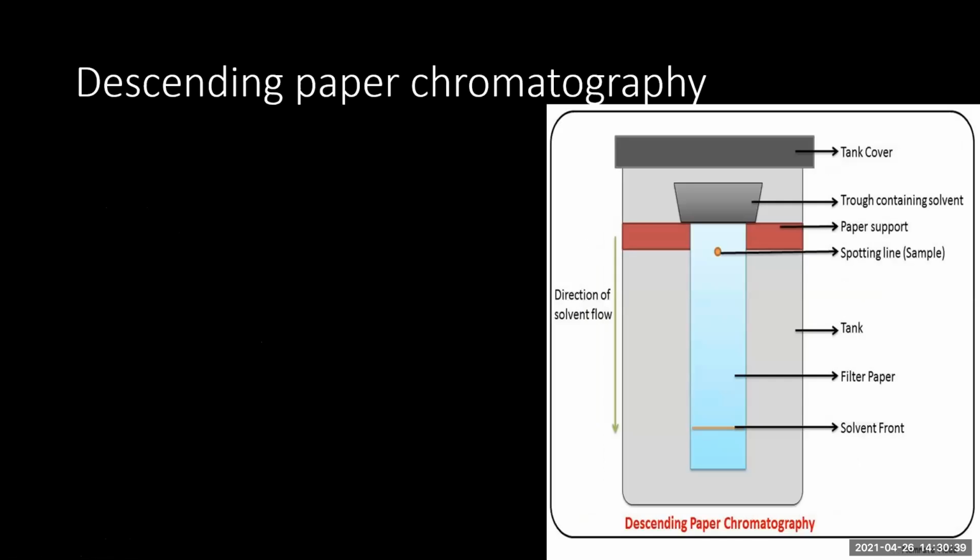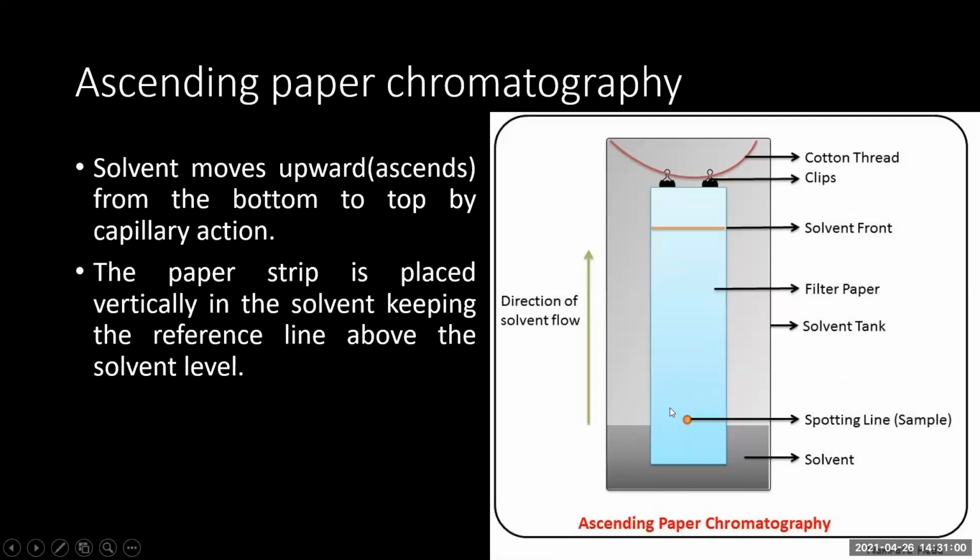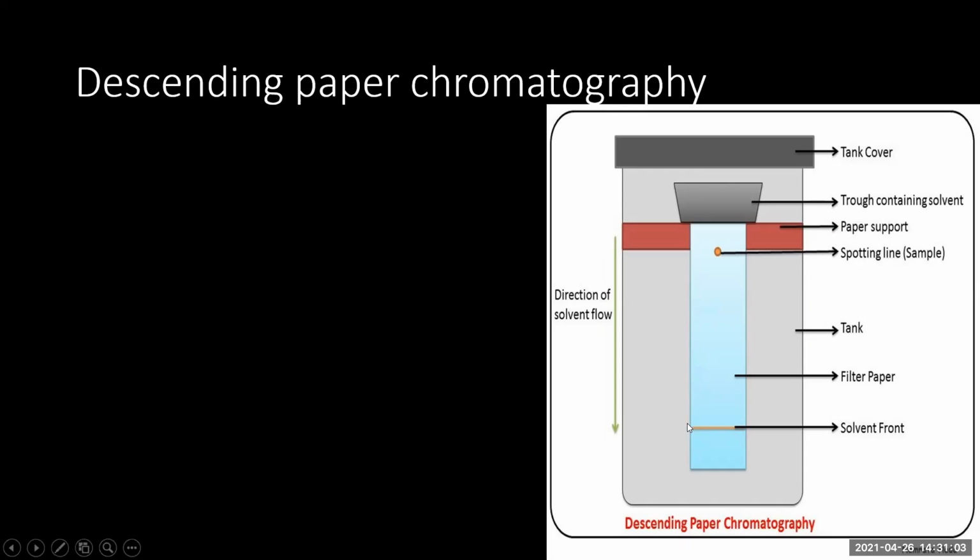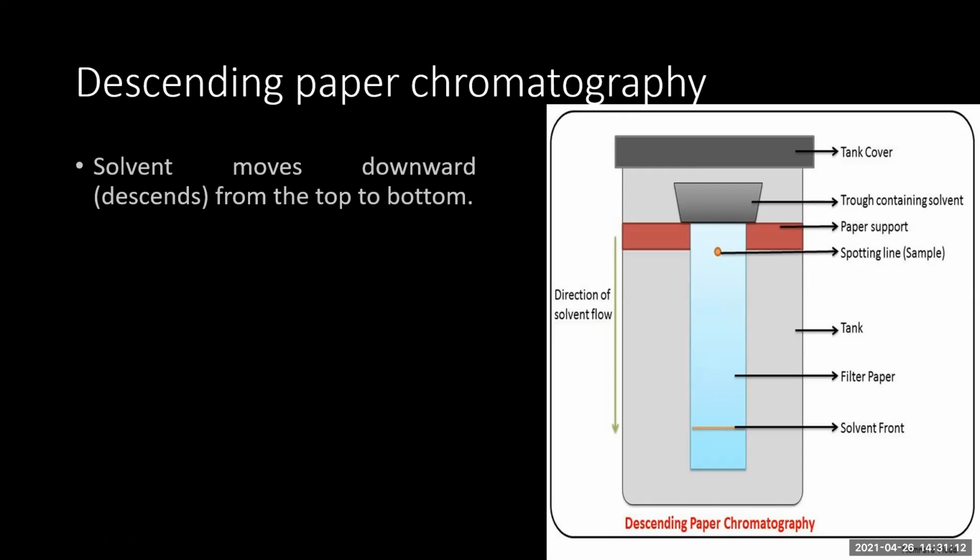When we go into descending chromatography, it is the opposite. The solvent will be on the top, so it is going to move from top to bottom, so it is called descending chromatography. Other things remain the same. We have spotting, and we do it at the top end. In ascending chromatography the spotting line will be at the bottom. Here the line of sample spotting will be at the top, and we turn it and hang it upside down. Again, the idea behind this is very similar.